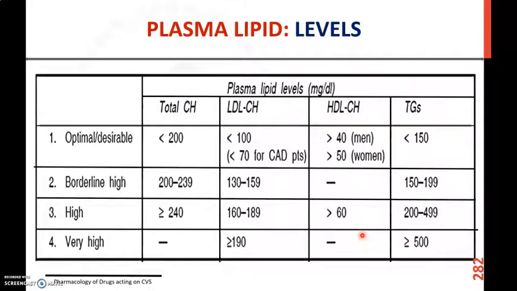Now, when should we start the treatment with hypolipidemic drugs? In order to understand that, we have to know some safe levels of plasma lipid in our body. So we can classify the level as optimal or desirable level, borderline or high level, high or very high level, etc. So we do not have to treat if the level is optimal, like if the total cholesterol